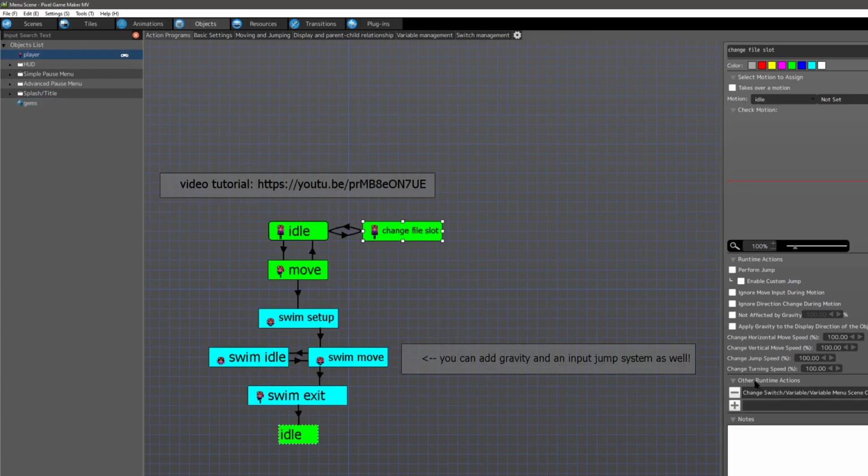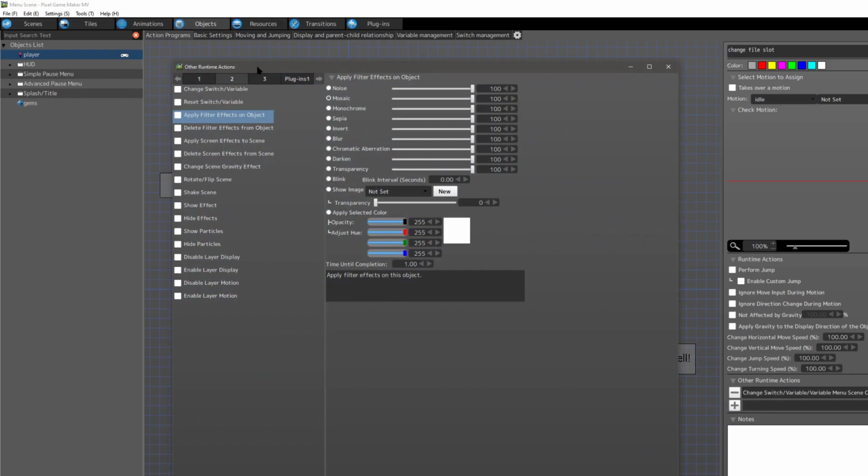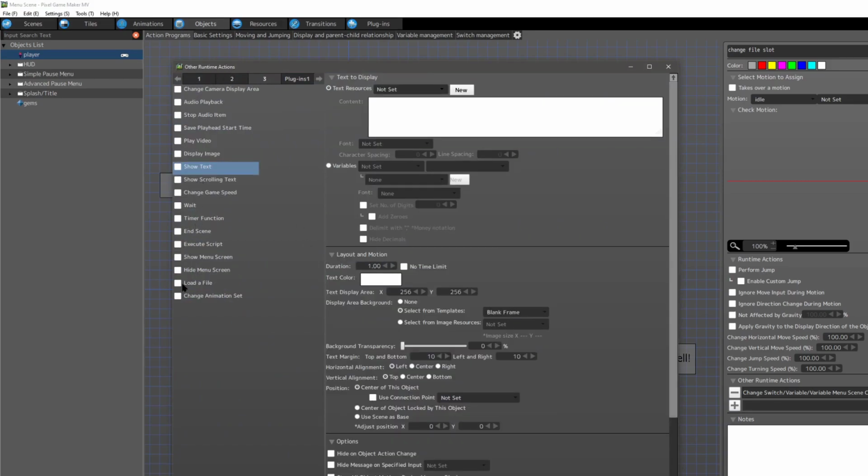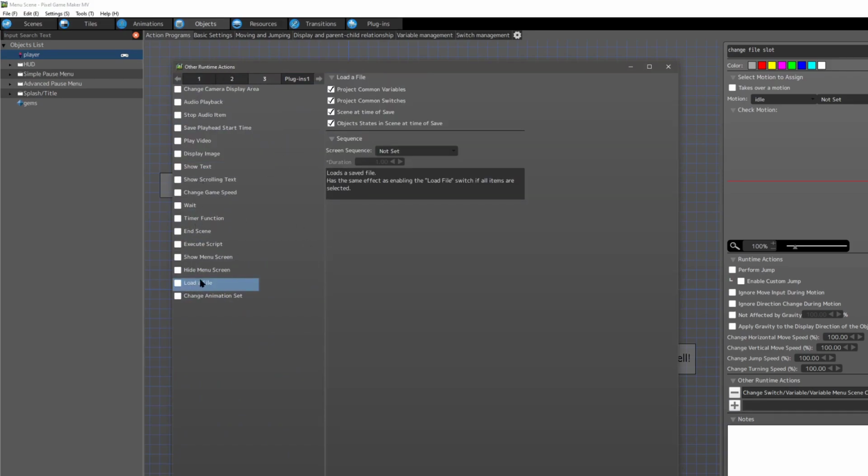And that is called the runtime action. It's going to be called load a file. Okay, so we're going to click that. And I'm just going to have everything by default. And I'm just going to mention that this is exactly like load a file switch. So with all of these options selected, it is exactly like load a file switch, turning that on. All right. The only difference is